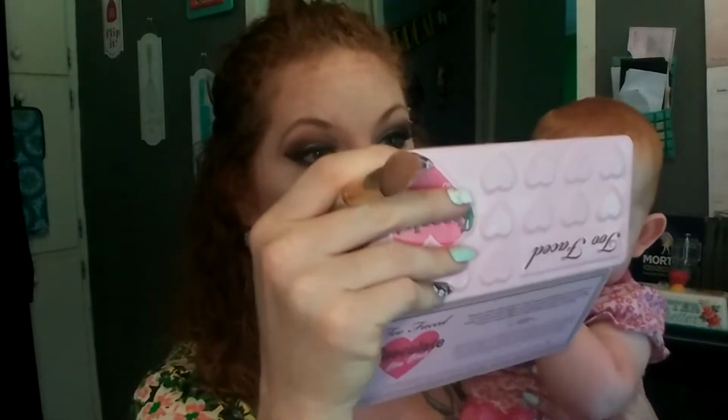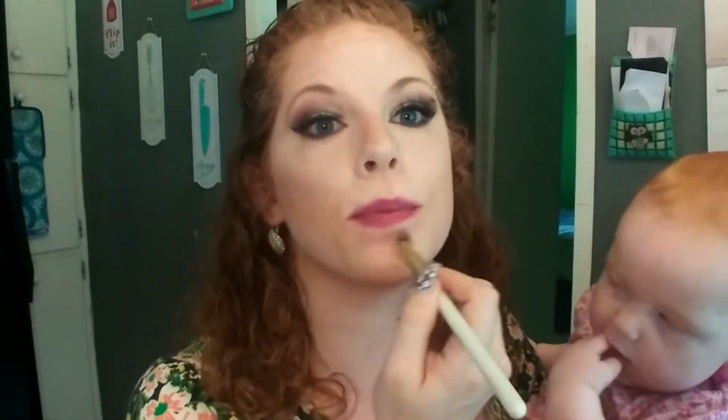Okay, and we're just going to blend that in, and let me check, because I've only got one hand. And then below here, I like to pull this out and down like this, so it kind of does this little curvy deal. And then I'm going to take my sponge again, and I'm just going to go over, oh, I didn't get my lipstick. I'm not wearing liquid lipstick today, I'm wearing actual lipstick, so I don't want it to smudge all over. Okay, now I'm going to highlight just a little bit on my nose, and no, I'm not,